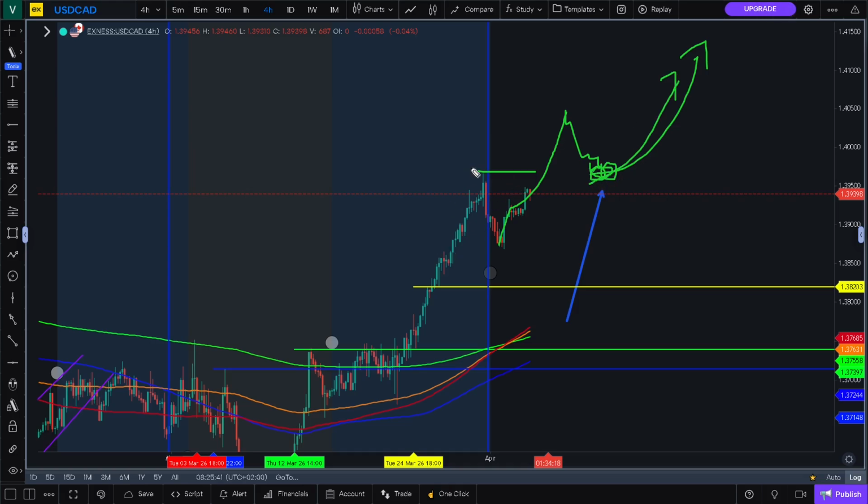But up until then, if it doesn't break this, it just comes down and keeps on doing this without reaching this level of the 14-day liquidity, or even the wave liquidity, or the monthly liquidity, I will not be interested in this one. I would let it play out, then I will catch it maybe in the next 14 days or next month. It doesn't matter. What matters is I'm not choosing this.